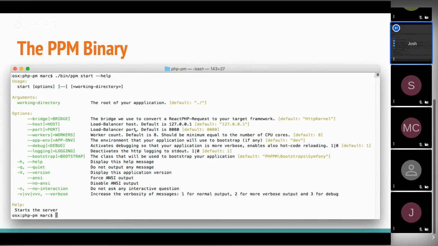And like I said, this has this built-in load balancer. And then there's workers that get spawned off of this. For local development, you probably just want one, but you can default this. Essentially, you want it to equal probably the number of cores that you have in your system for the best throughput. And then the app environment, that gets passed down to your application. So again, whether you want it to be dev or prod, you'll pass in those flags and that'll help your application to switch from prod to,